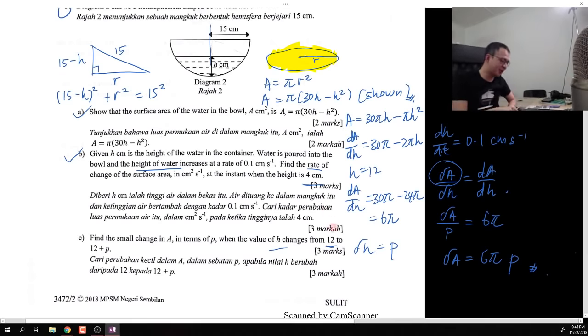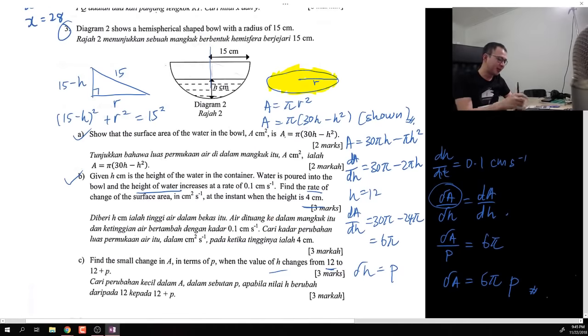Yeah, but basically this question is not too hard. Your objective at the beginning is just to find this length, which is the R. It's a new R. It's different from 15. And for the second part, you need to be able to understand what is the chain rule. If you do not understand what the chain rule is, okay,